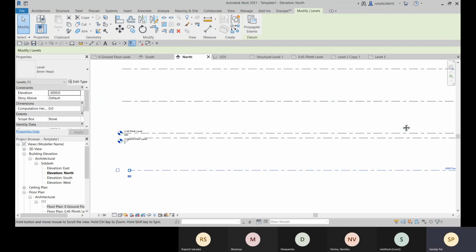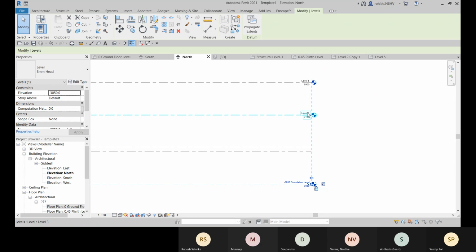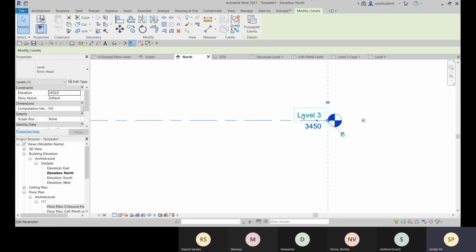And this one will be the first floor, so give it just one, and first floor level.